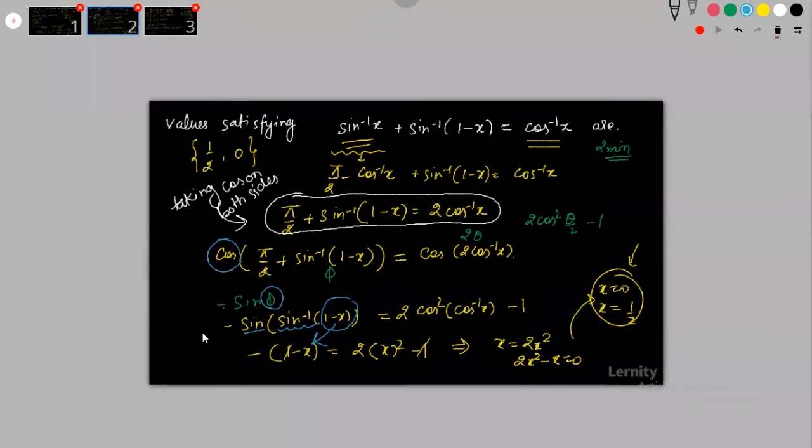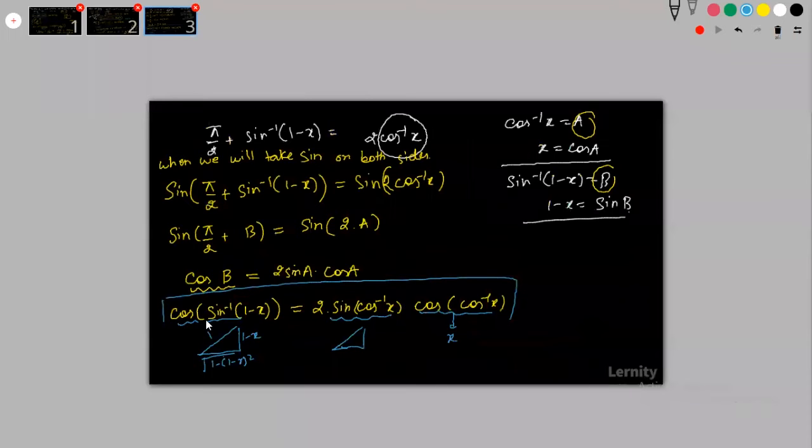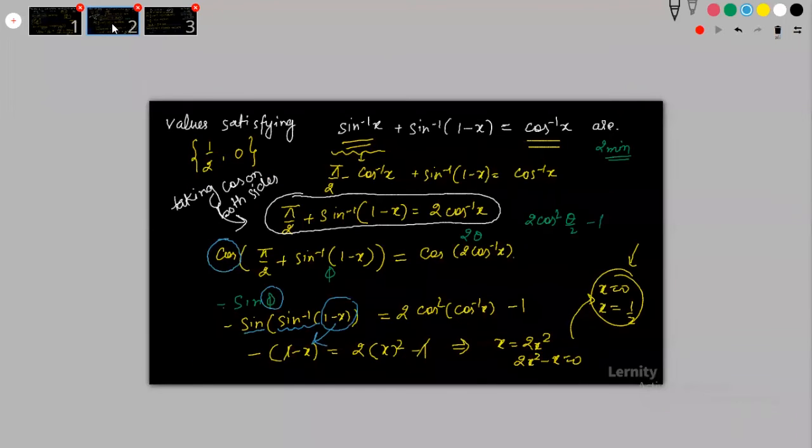If I would have taken cos, then I would have had to make a triangle, and then I would have got this somewhat similar value. Now next, in here also when I take cos, so this is cos 2 theta. So cos 2 theta will be 2 cos square theta minus 1. Sorry, cos inverse of theta, because this is already in 2 theta, right? So theta is what? Theta is cos inverse of x. So here also I have got cos of cos inverse of x, so here also I will get x directly outside.